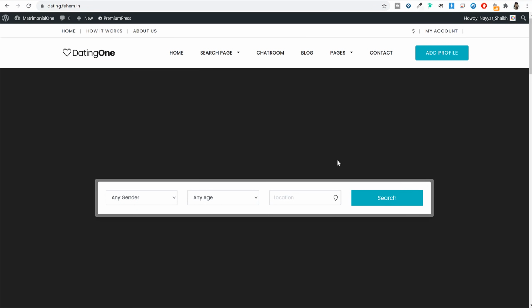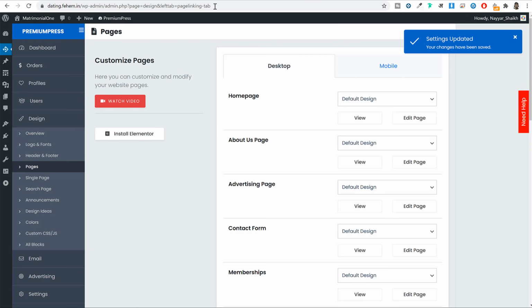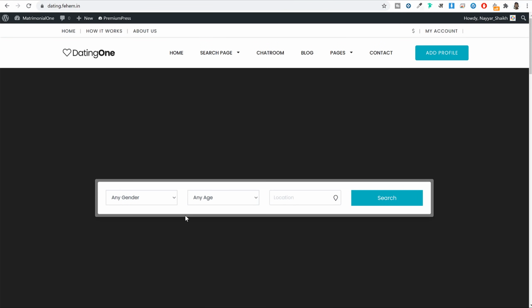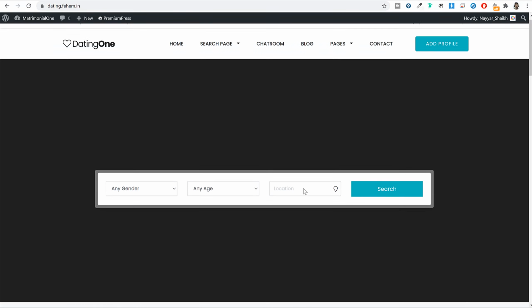Now, once you're creating your website and once you try to refresh it, and if you still don't see any changes, don't worry, that is because of some caching. So this hosting already has inbuilt caching on this server so that your website loads fast. But because of that, sometimes it happens that when you do some changes on the back end, come on your front end, you might not see those changes instantly. So you might want to refresh it 2, 3 or maybe 5, 6 times. After that you might see this option. Now as you can see, this is how this thing works.